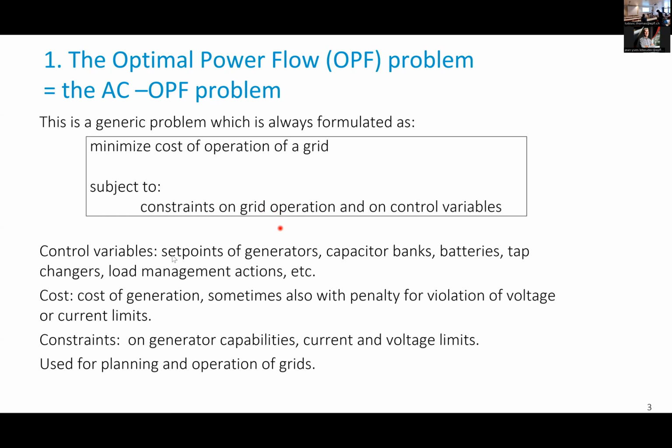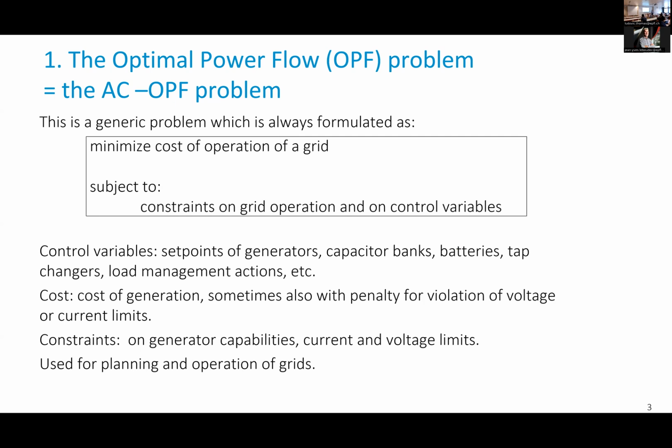The control variables: what are the things that you control? Well, as we will see on an example, very typically the generators. How much does each dispatchable generator generate? And then you have a number of other devices like batteries. In the lab, you will see examples where a battery can act as a generator, but also as a sink to absorb energy, and a number of other more discrete operations